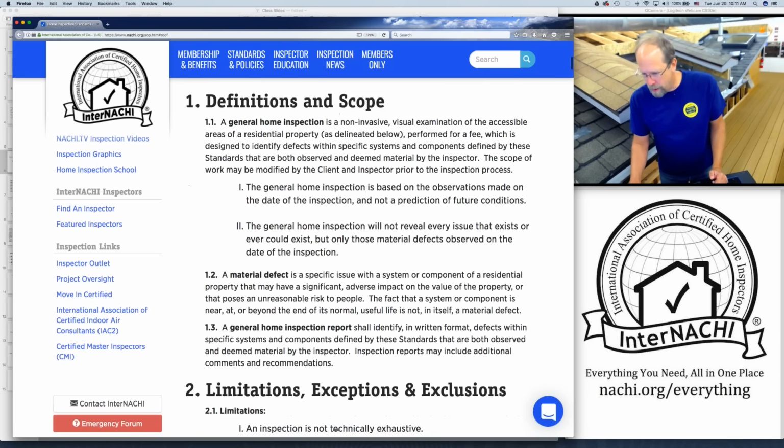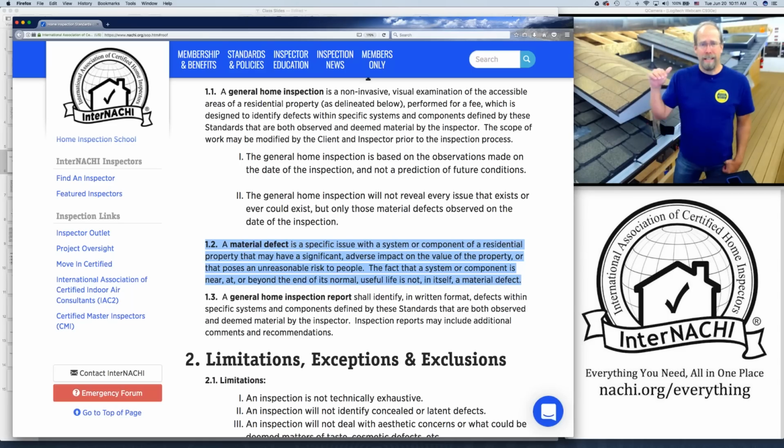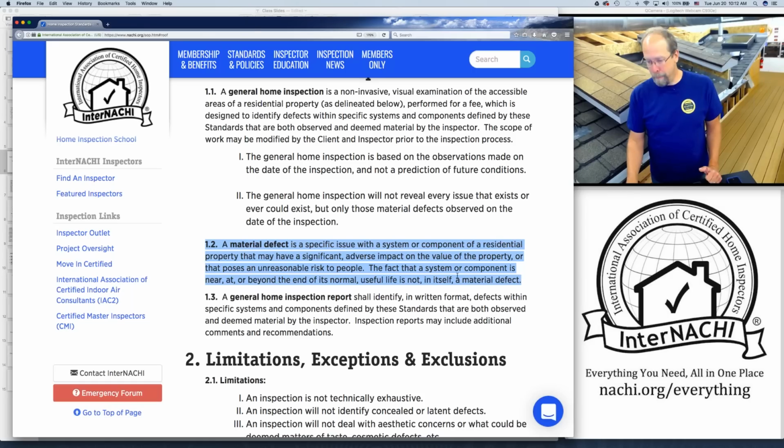So let's go up here, and it says what a material defect is, most important defect. And a material defect, I've gone over a little bit, is something really serious with the house that has an adverse impact on the value of the house or poses an unreasonable risk to people in the house. A deck that has a collapse that's imminent, right? It's going to fall because the deck flashing is missing and there's rot and the ledger board isn't even attached and that deck is just about to collapse. So you don't want anybody to walk on it and you want to put it in your report as a material defect. This is something I observed and deemed to be material, and that should be in your inspection report